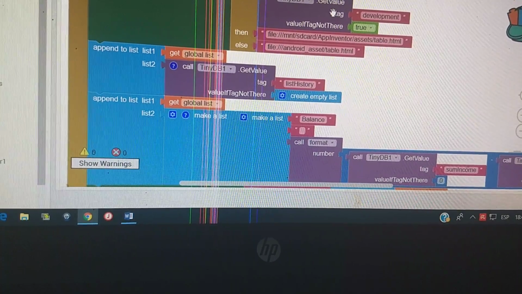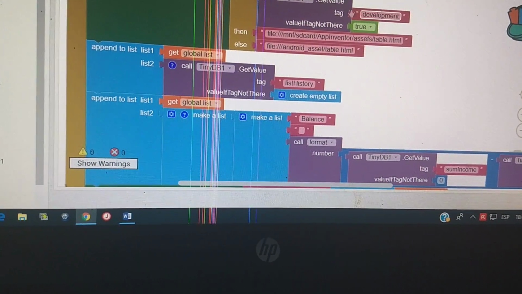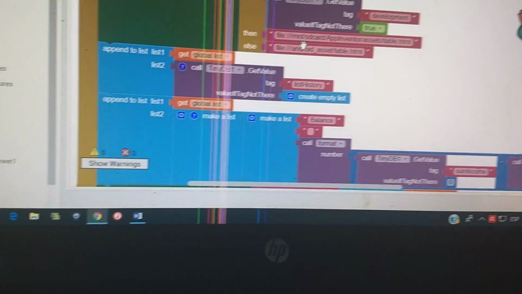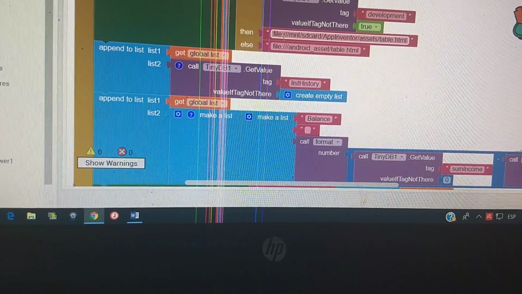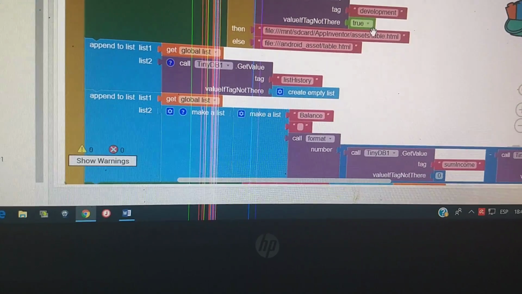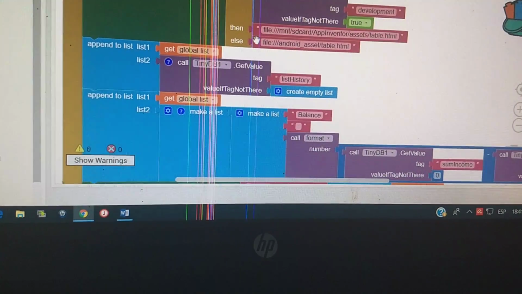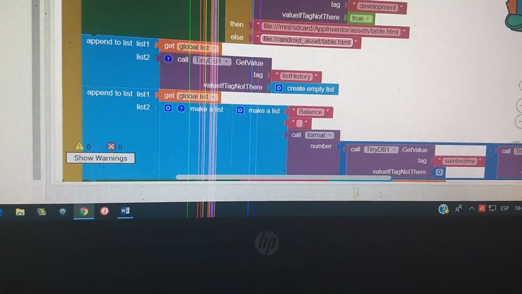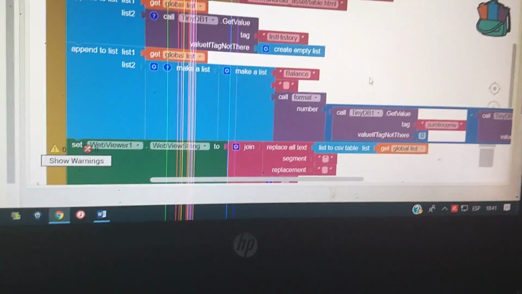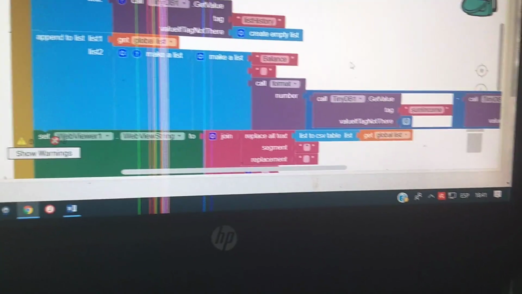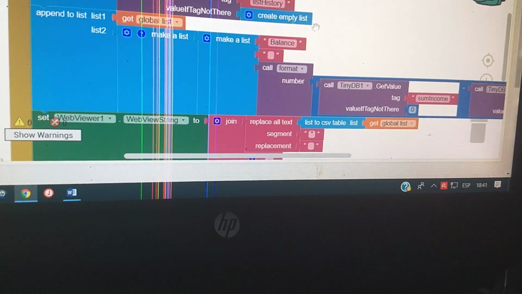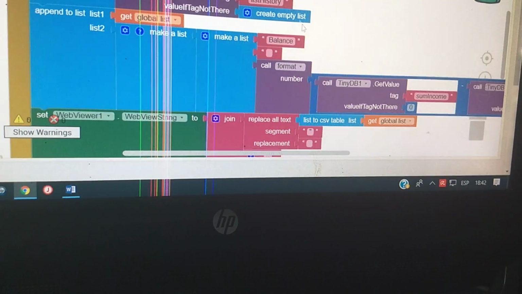we are going to have this development and true value, and here's our files of app inventor assets table HTML, file Android asset table HTML, and that's the first thing. Then we have this for create